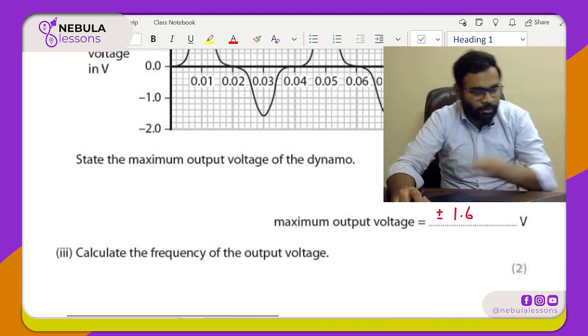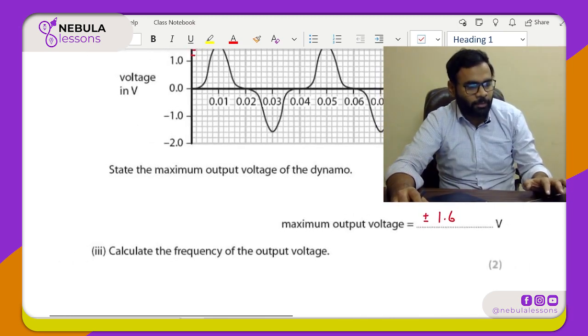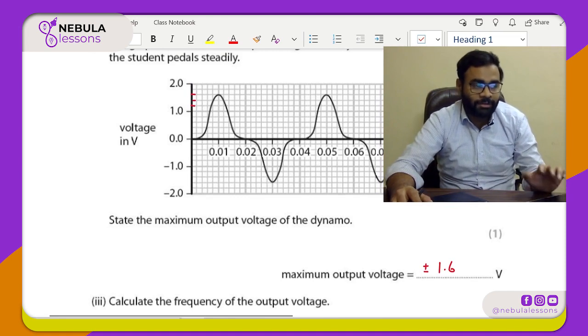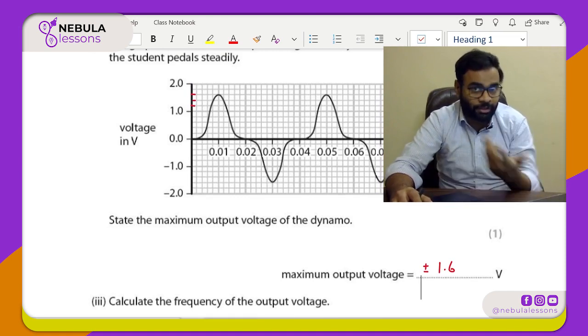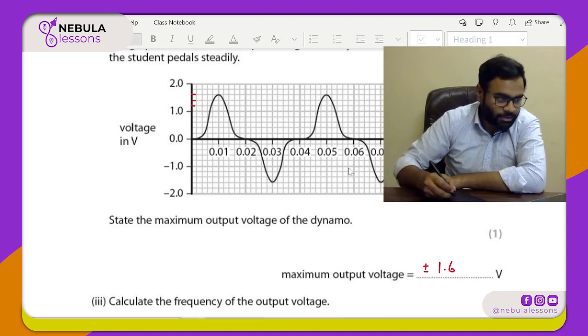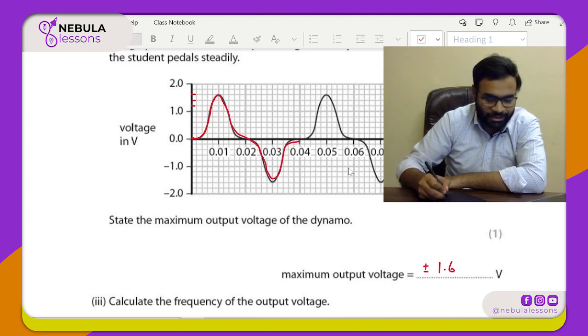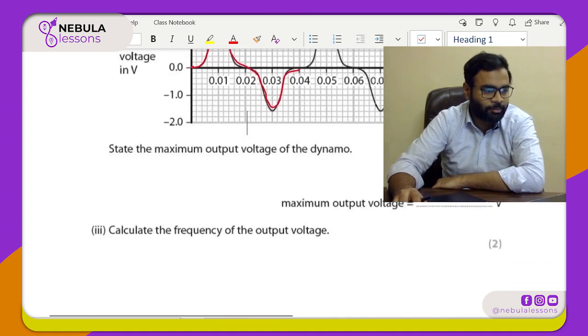Okay, so to determine the frequency, what we can do is figure out the time for 1 complete rotation. That will be the time period. So for 1 complete rotation, if we go along the waveform, it goes all the way up. So this is 1 half cycle. Then it goes all the way down, and then it ends here. So 1 complete cycle takes 0.04